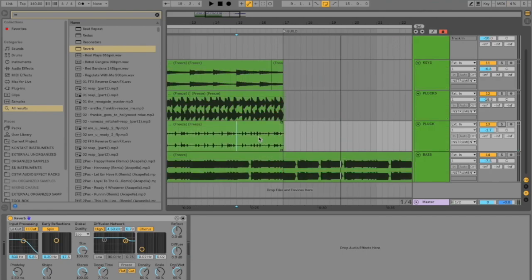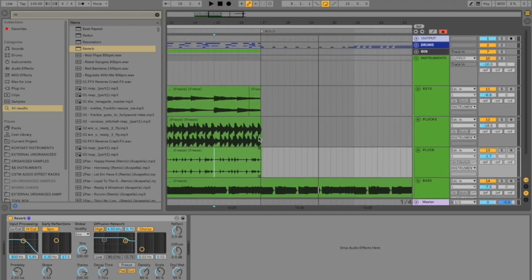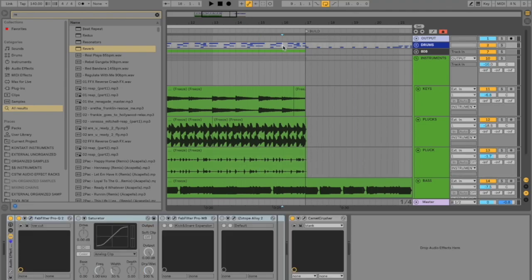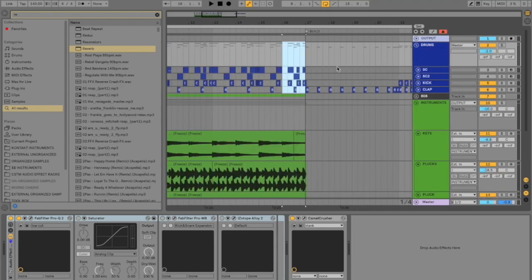Now, another common technique of creating transitions is simply taking away elements when the transition is about to happen. So if you listen, we have drums still playing here right before our build section. And we can simply take these away a bar or so before the build section hits to signal to the listener that a new section is coming. So let's remove these. And now let's have a listen. So there's a nice little pause there before the claps start again in the build, which helps create that dynamic